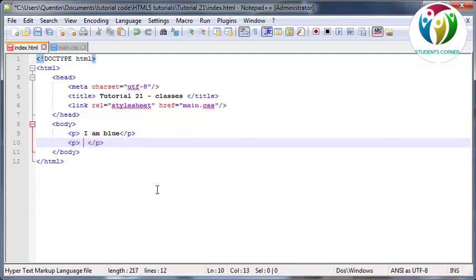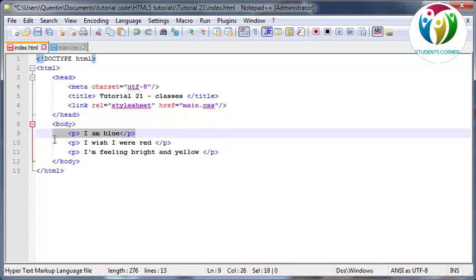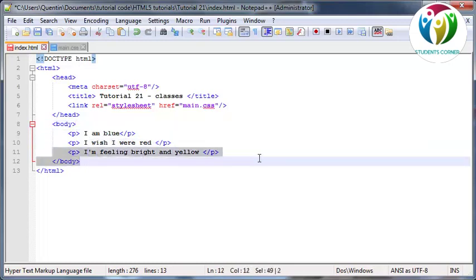So let's say that this paragraph must say I wish I were red, and one last one just for good measure, and we'll say I'm feeling bright and yellow. Bright and yellow. Okay, cool. So we'll try and make this one blue, we'll try and make this paragraph red, and we'll try and make